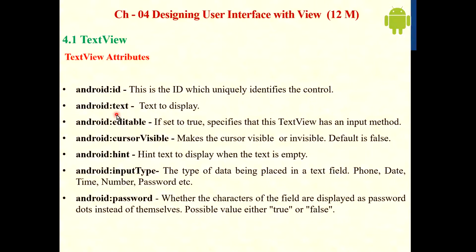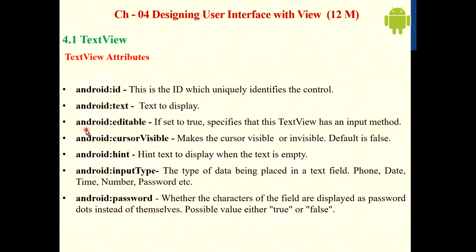Then android:text. Students, remember this format also. First is android in small letters, then a colon, and then the attribute name. Then every attribute has some value. How we declare that, we will see in an example. Second attribute, text. In this attribute we write the text that we want to display on screen. If I want to give a message, welcome to Android, then I write welcome to Android in this attribute.